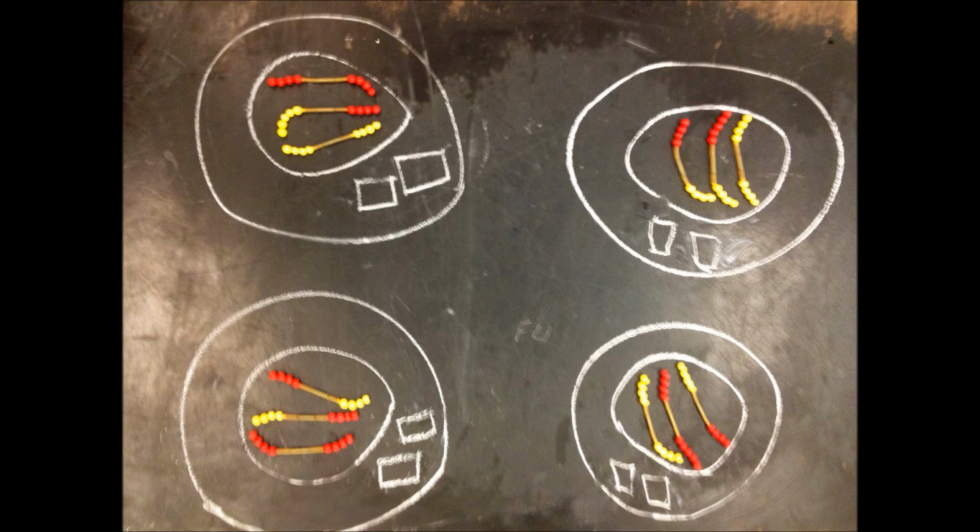For example, a human cell has 46 chromosomes. In a haploid cell, they have